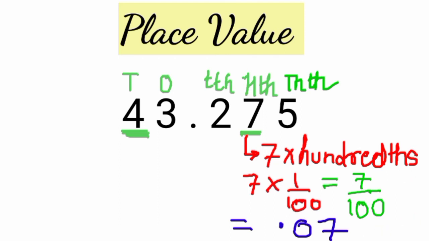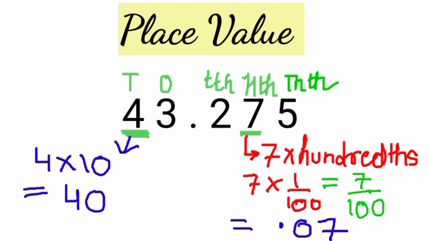Now find the place value of 4. Place value means place multiply value. Place is 10 and the value is 4. So 4 multiply 10. This is 40. So place value of 4 is 40. Clear? Now in the next number 812.905. We want to find the place value of 5 and the 8.